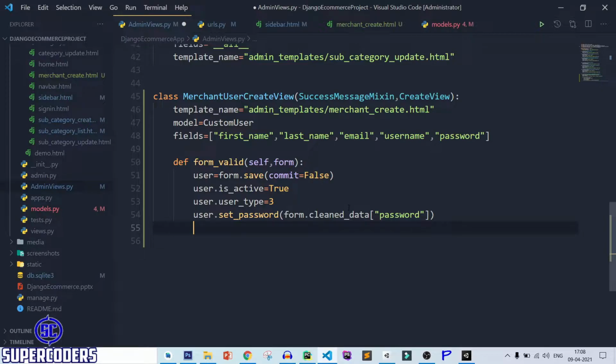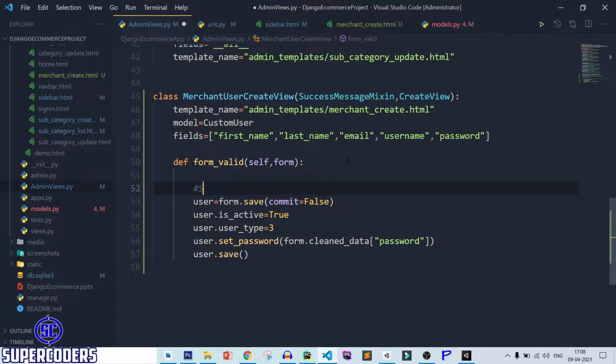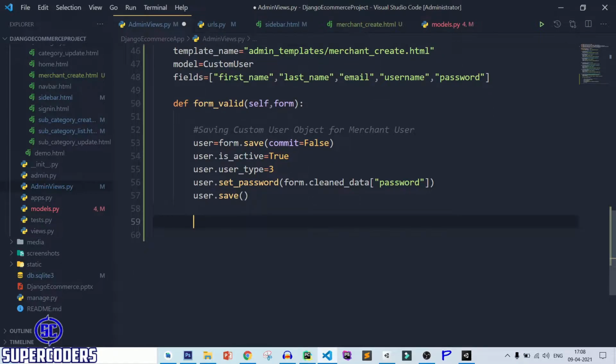After that, you need to work on the next step. First, user.save, which saves the custom user object for the merchant user. After that, you need to save again. This time, after creating this, you need to work on the merchant user object.